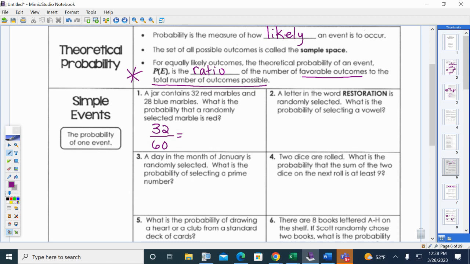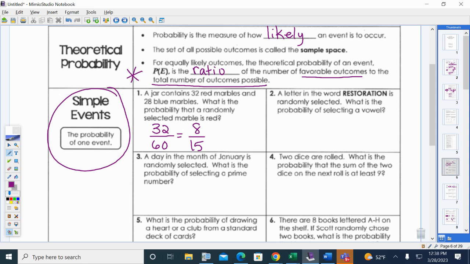And then always, always, always make sure that you reduce that fraction, and it's going to be 8 over 15. And in this section, I should have said this before, these are simple events, the probability of just one event. So one thing is happening here. Let's talk about